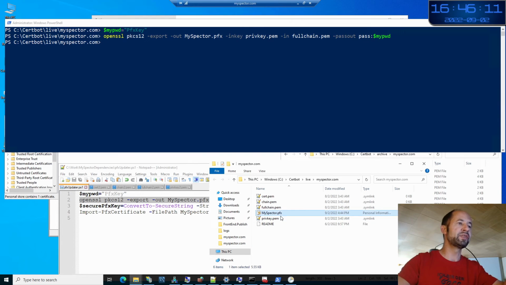Okay, the PFX file is now generated. Now time to import it inside the machine.